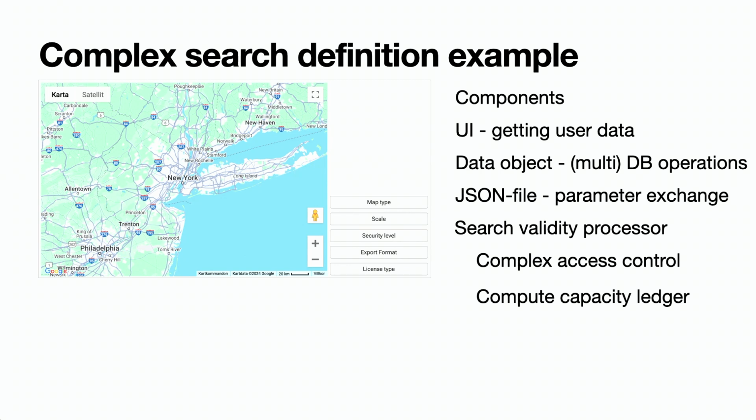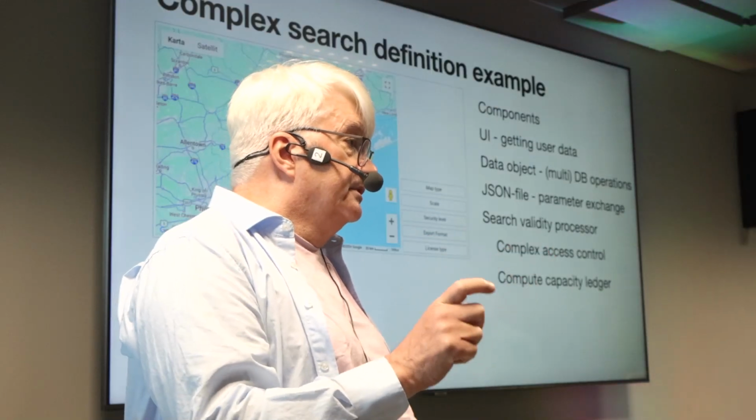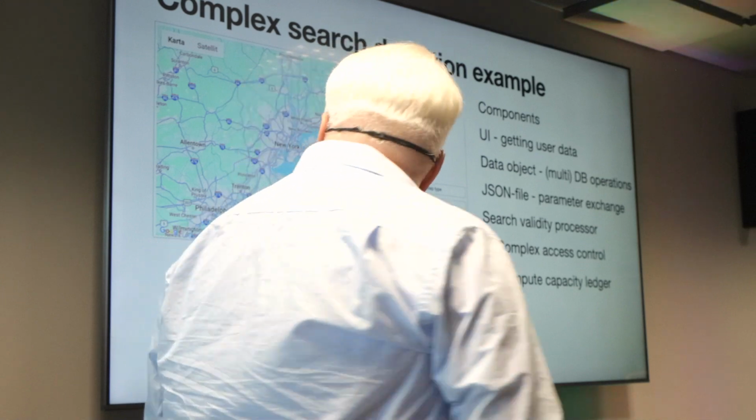And the point here is that when I press search here, a JSON file with parameters is created that is going to be sent using a validity processor as a processing agent that will take this information, connect to the relevant databases, perform searches, and then perform logic on it to see if I'm able to access the information. And if that is okay, then the earlier mentioned pre-flight button at the first screen will turn to execute search if I'm approved. If not,